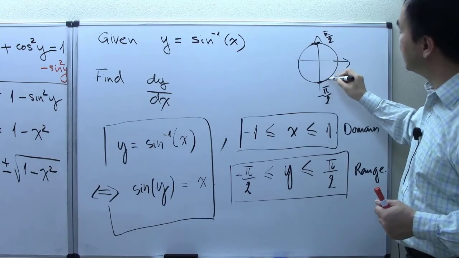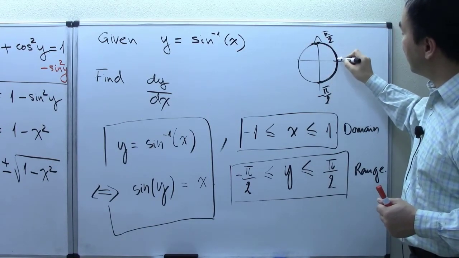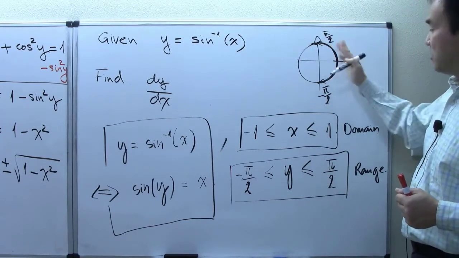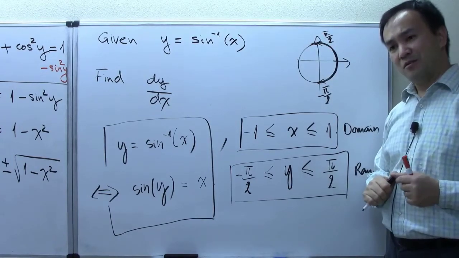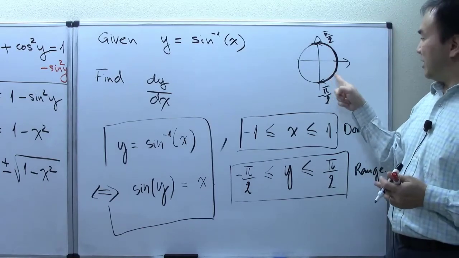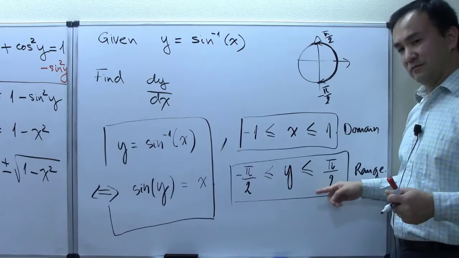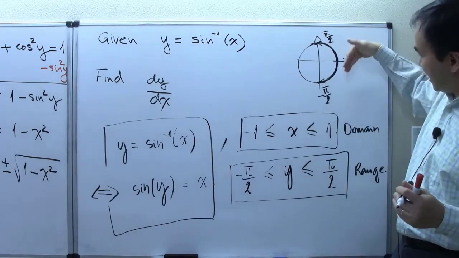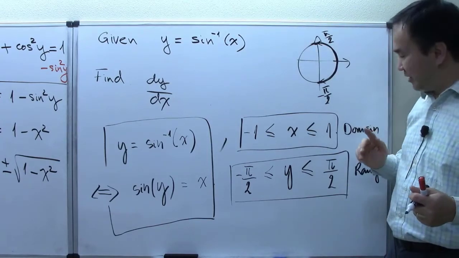So in other words, the output angle that came out of your sine inverse function can be anywhere on the right hand side of the unit circle. Okay, what's the usefulness of that? As we have already set our outputs to only be angles on the right hand side of the unit circle, that means now